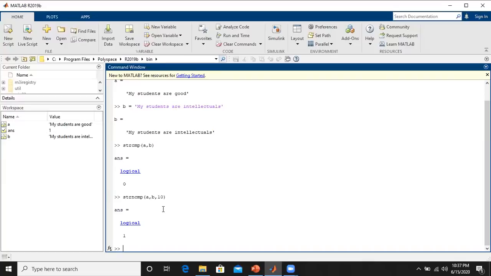And the same comparison of the strings can also be done by the relational operator, that is equal, equal. So when the equal relational operator is used to compare the strings, it works only when the dimensions of the strings are equal. That means both the strings must have equal number of rows and columns, right?